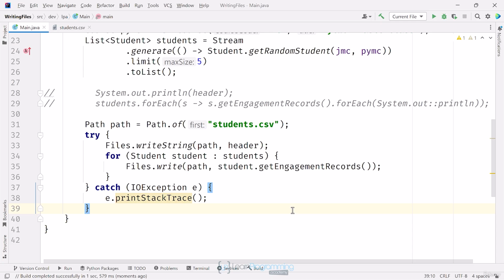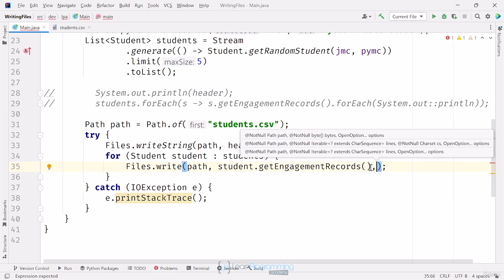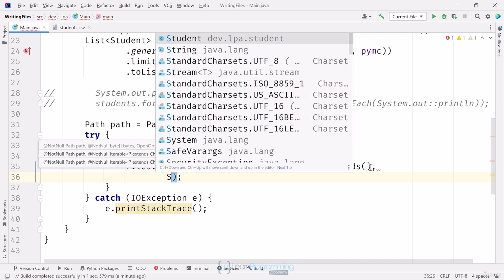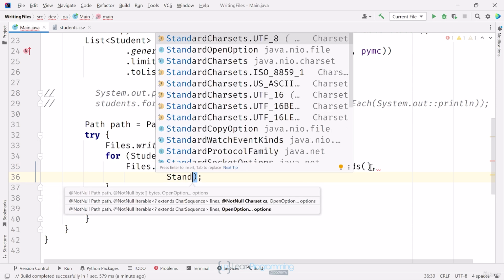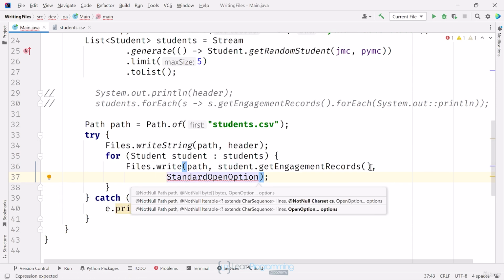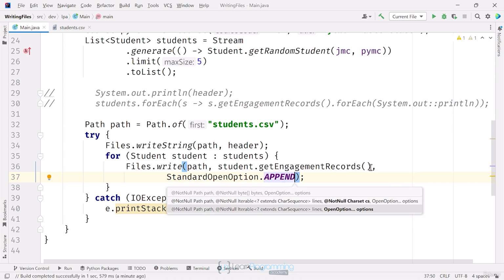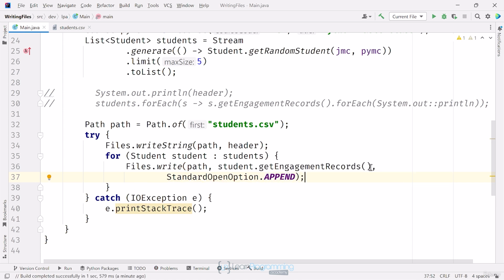For my code, I have 2 options. If I want all my student data to get printed, I can pass all the data into a single write method, or I can specify a different set of open options. More specifically, I probably don't want to truncate existing data each time. I'll start with the second option. I'll change my code, adding a new line, then passing another option from the StandardOpenOption enum. Here, I'll specify the APPEND constant, which means any text that's written to the file will get appended to the end of file. Running this code,